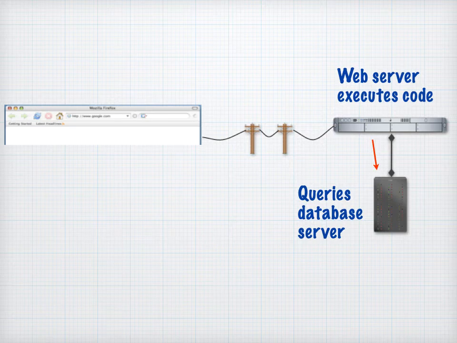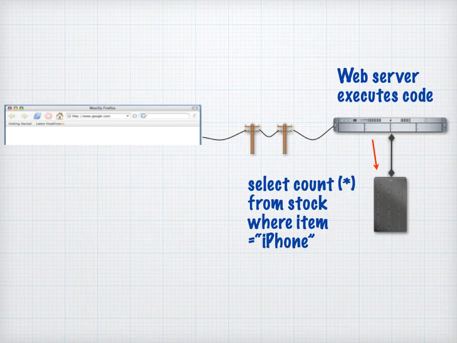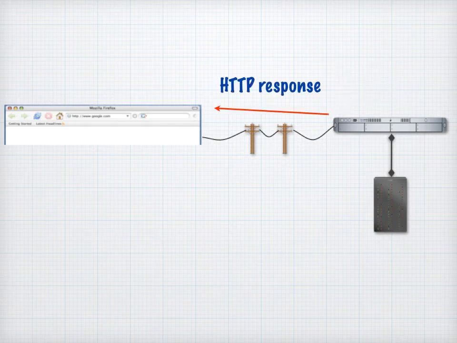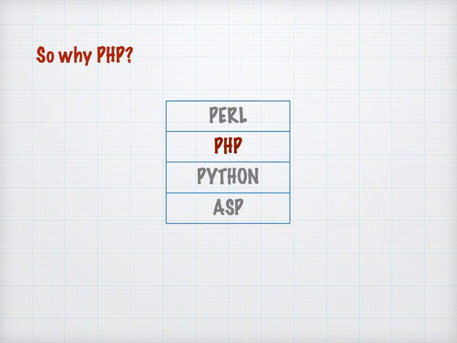It could be something like select star from stock. How many items are there? Something like that. And what happens is that number gets returned back to the web server, and then the HTML is generated around that by the PHP, and then the result is returned back to the browser window and the answer is displayed. So, why PHP? Well,